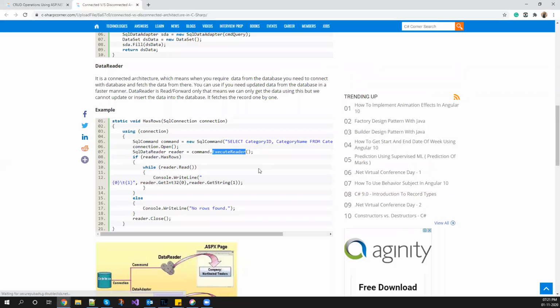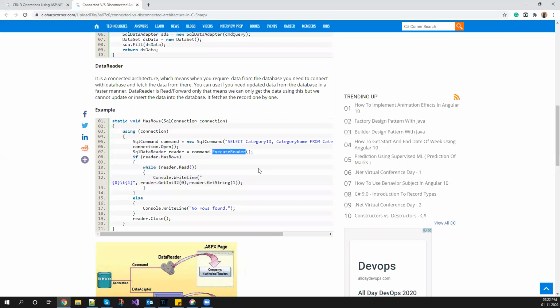Execute reader is used and it returns you a set of table rows and columns, a table of data. Execute scalar is used when you are sure that your query will return only one result. So if you are returning only one integer or one boolean, only one value, basically one cell, then you can use execute scalar.